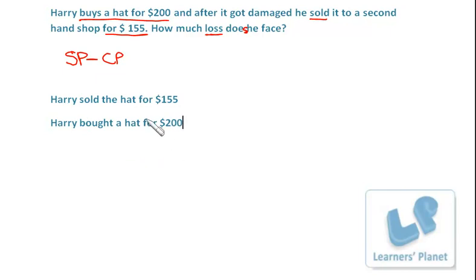Now we have it. We have this statement over here. So now all that's left to do is subtract it. Alright, so we will subtract this, and see, now the SP over here is 155 and CP is 200. So we are following the right path. Now we'll just have to subtract. So the answer will be